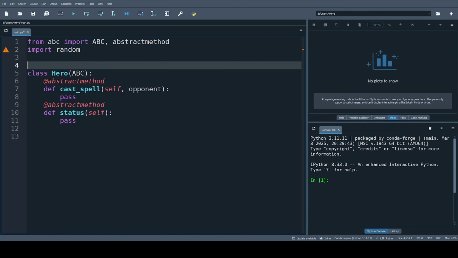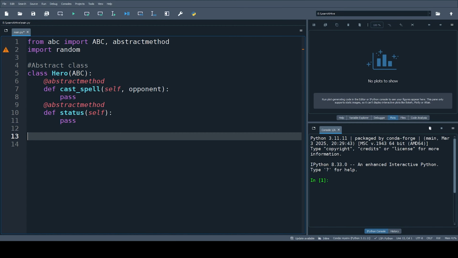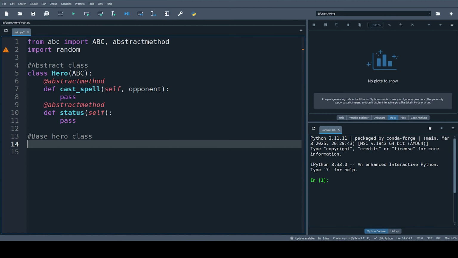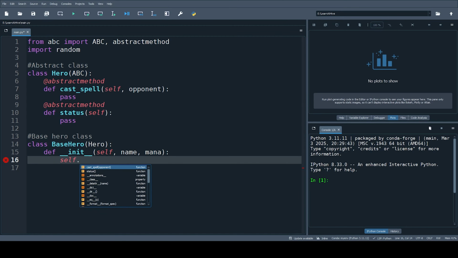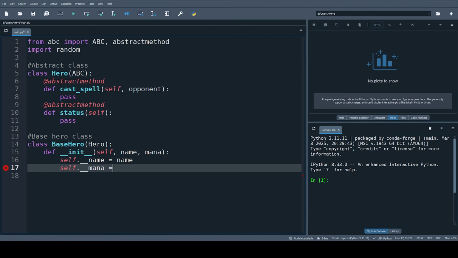Next, we can have a base hero class. So let's type abstract class, then base hero class. There are more professional ways for writing comments, but I'm just taking notes so you can follow. Now class BaseHero inherits from Hero, so it will include some generalized features, and define its constructor: self name and mana, self dot name equals name, self dot mana equals mana,